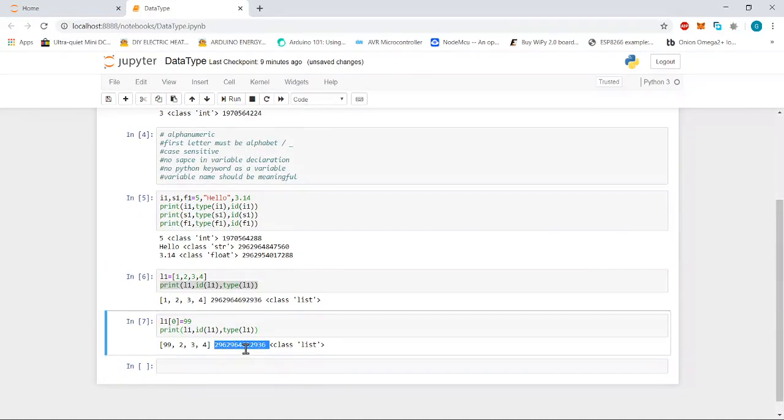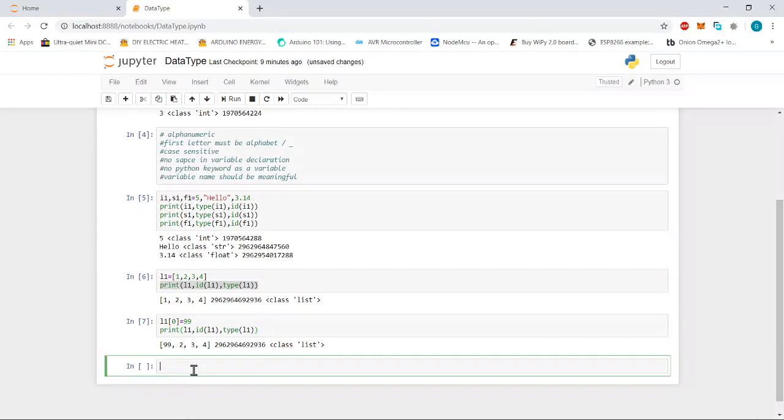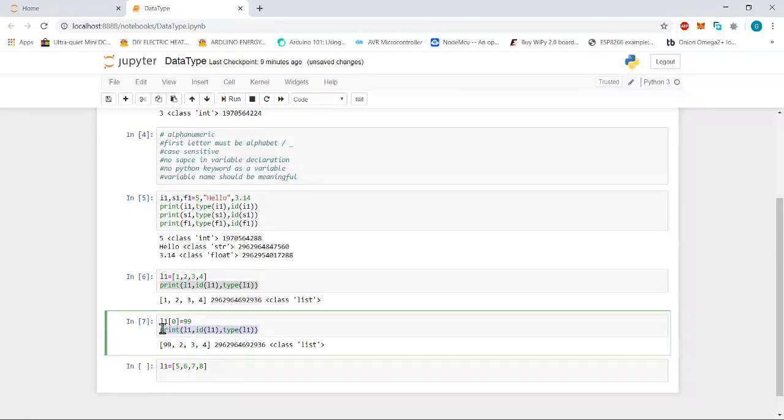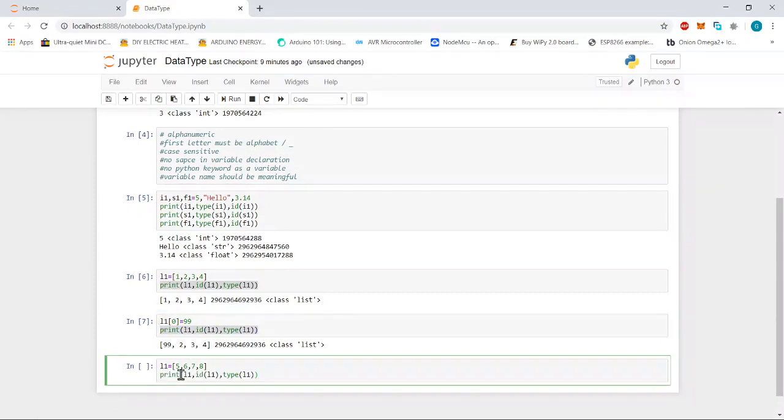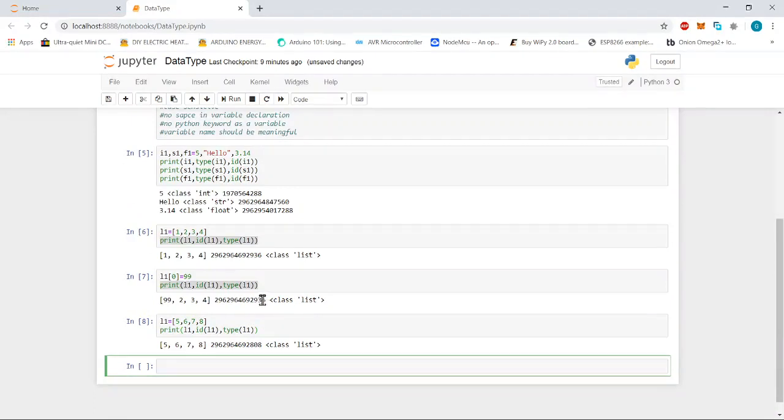Now if we create the same list with a different set of items, let's say L1 equals 5, 6, 7, 8, and then print the value, then id, and then type, it will be altered.